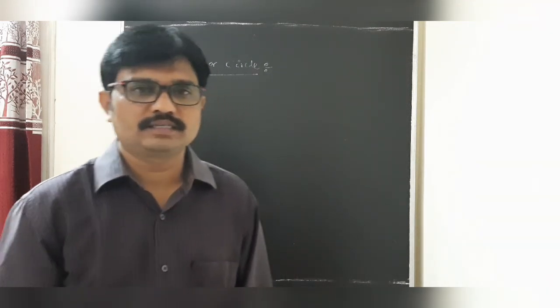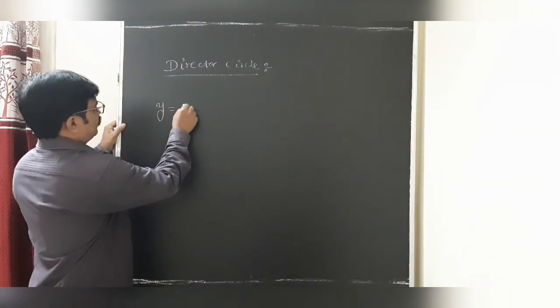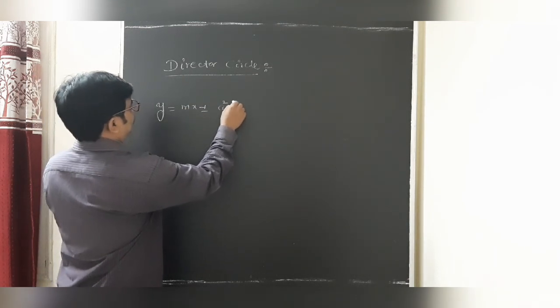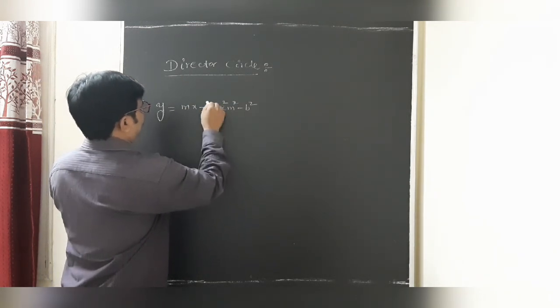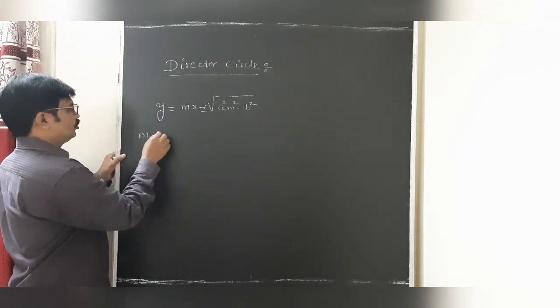In the previous class, we discussed the sum of the slopes, the product of the slopes, and also the angle between the tangents. So, students, the equation of the tangent is y equal to mx plus or minus square root of a square m square minus b square. So, students, the sum of the slopes is